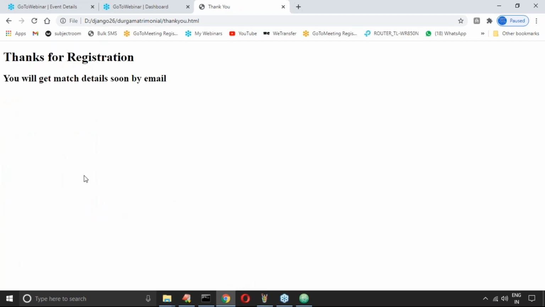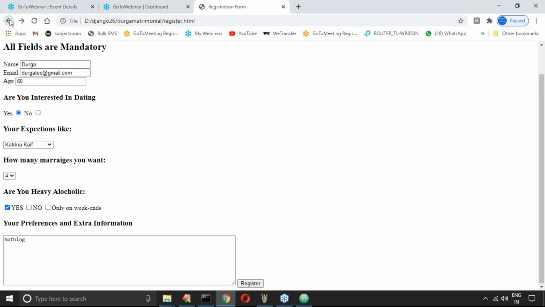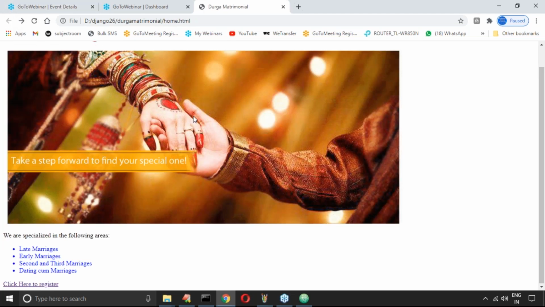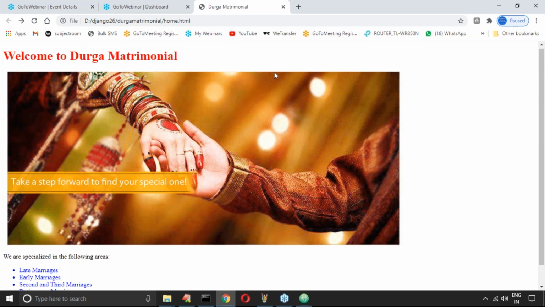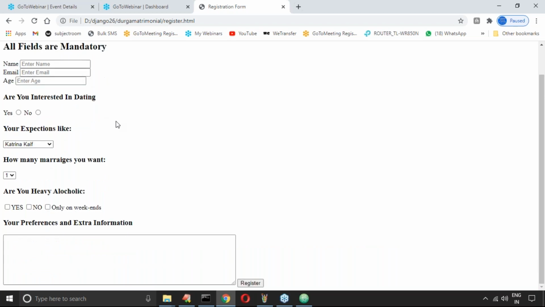Register. Now some page you get by default, a home page. After completing this, automatically registration successful, and you will get the details soon, a result page.